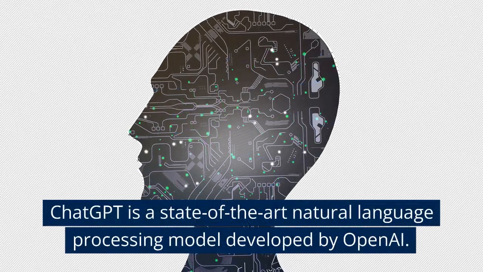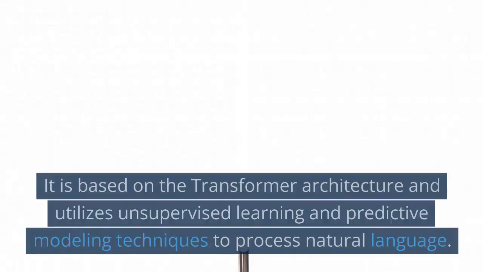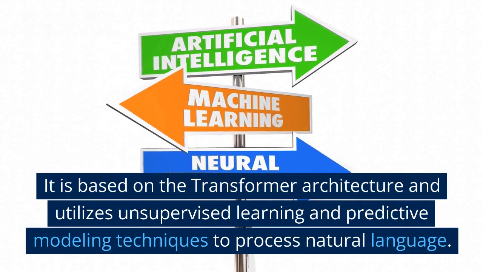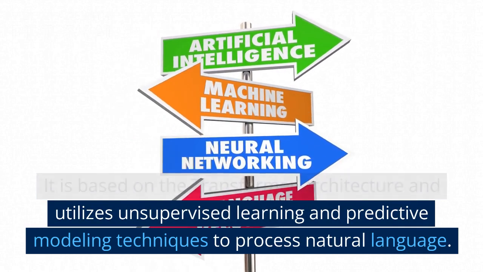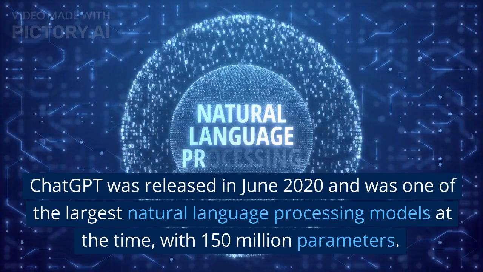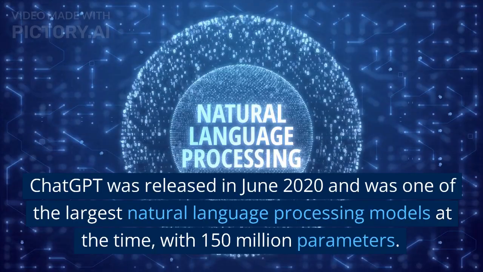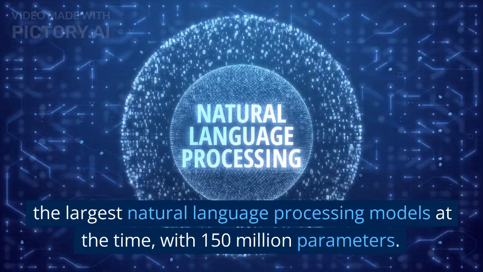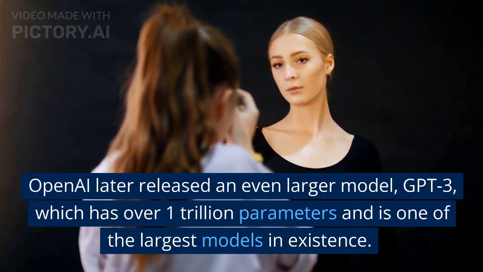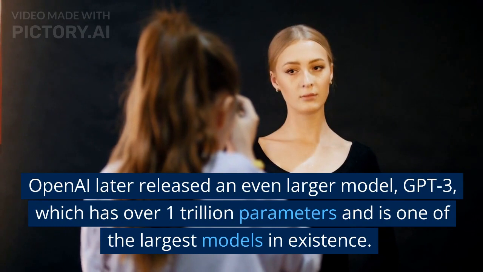ChatGPT is a state-of-the-art natural language processing model developed by OpenAI. It is based on the transformer architecture and utilizes unsupervised learning and predictive modeling techniques to process natural language. ChatGPT was released in June 2020 and was one of the largest natural language processing models at the time, with 150 million parameters. OpenAI later released an even larger model, GPT-3, which has over 1 trillion parameters and is one